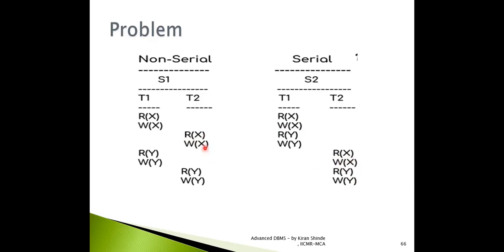Let us cross check with condition number 3, that is update read. Now, after the data item X is modified, T2 is reading here the value of the updated data item X. Similarly, if you see here, after the data item X is modified by T1, this updated value is read by transaction T2 only. So all the 3 conditions are getting satisfied here. Hence, schedule S1 and S2 are view equivalent to each other, and that is why they are view serializable.